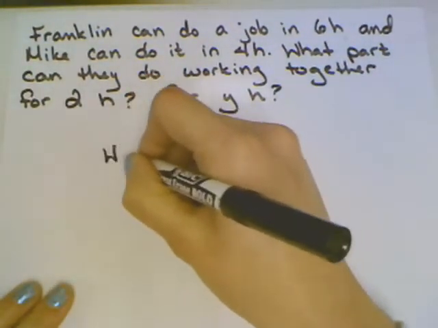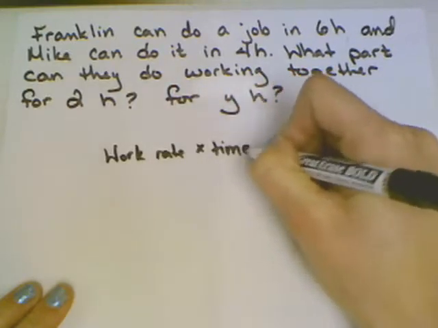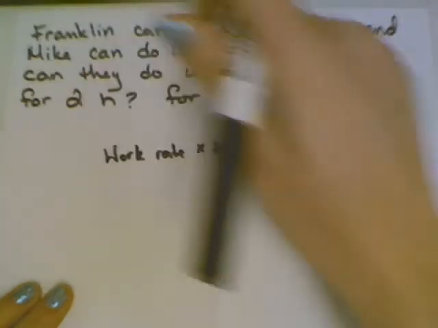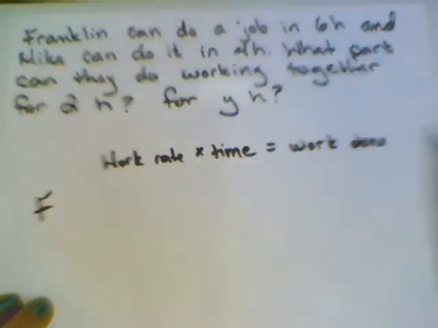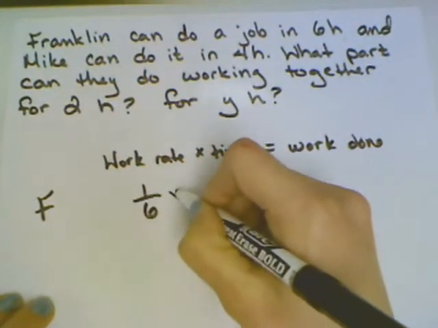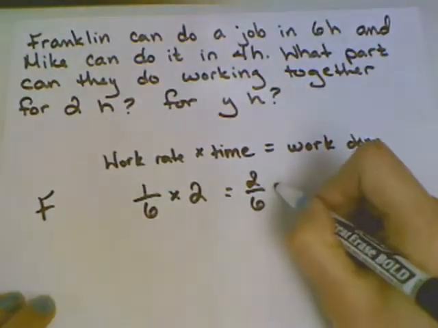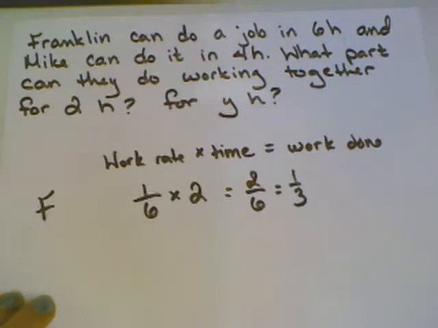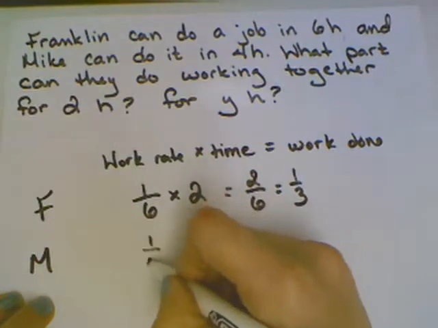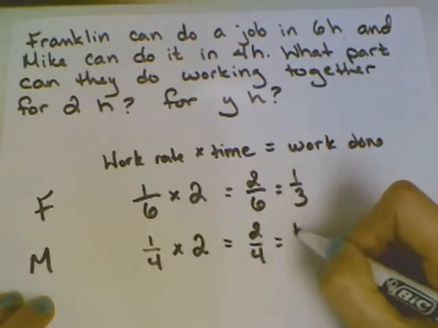Remember that the formula we want to use for this section is that work rate times time equals work done. So I'm going to figure out the work done by Franklin first. So F for Franklin. Franklin's work rate is 1 job for every 6 hours. The time that he is working is 2 hours. So that means the work that Franklin has done is 2/6 or 1/3. Same thing goes for Mike. Mike's work rate is 1 job in 4 hours. He is working for 2 hours, so that means the work that he gets done is 2 out of 4